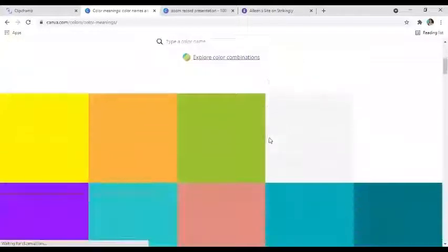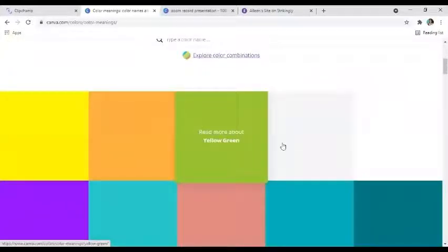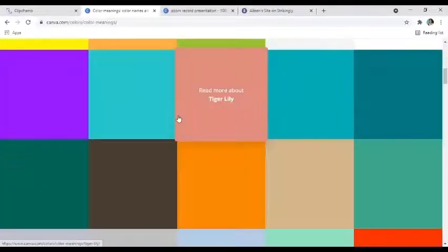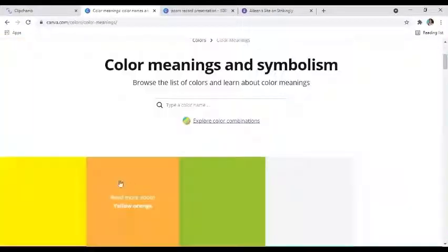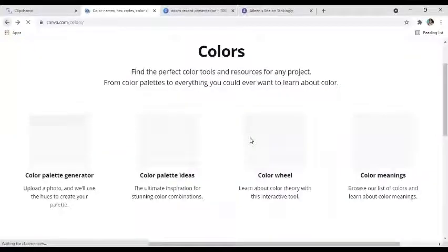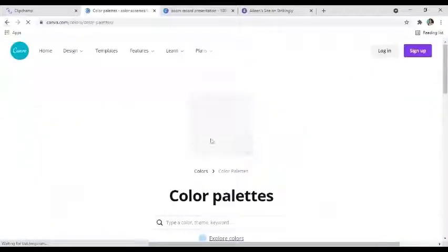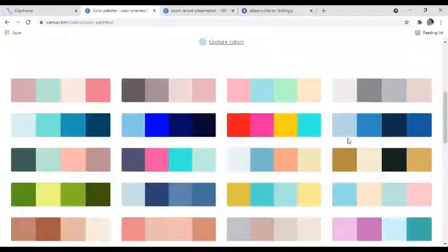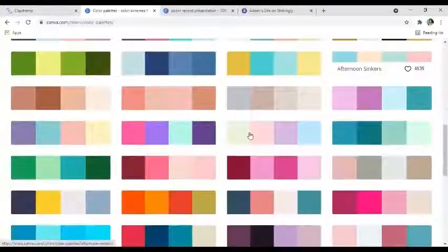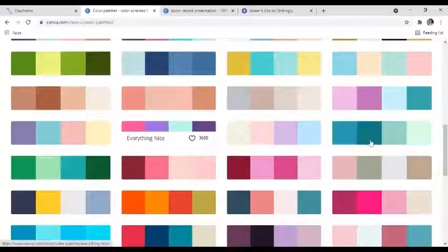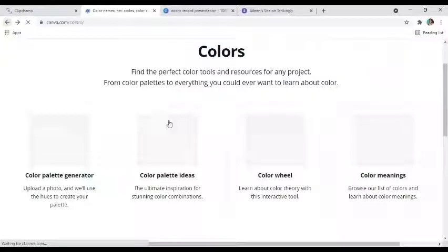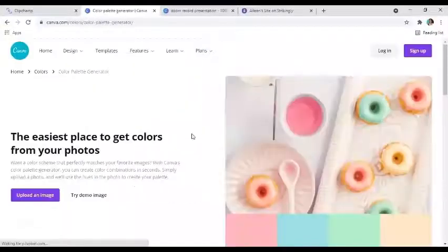The last one teaches you about color symbolism so that you know how to make your image reflect the brand values and evoke specific emotions. With the color wheel, you can find what colors look good together and play around to find the perfect combination. Color palette ideas present you with various ready-made palettes to get inspired and start designing with them straight away. And last but not least,